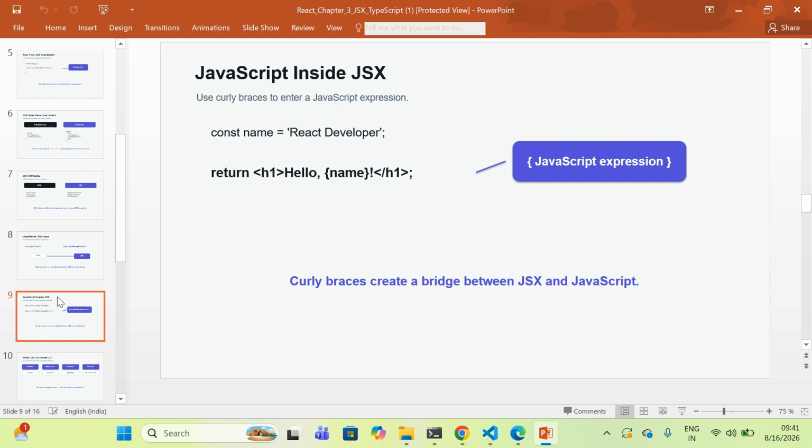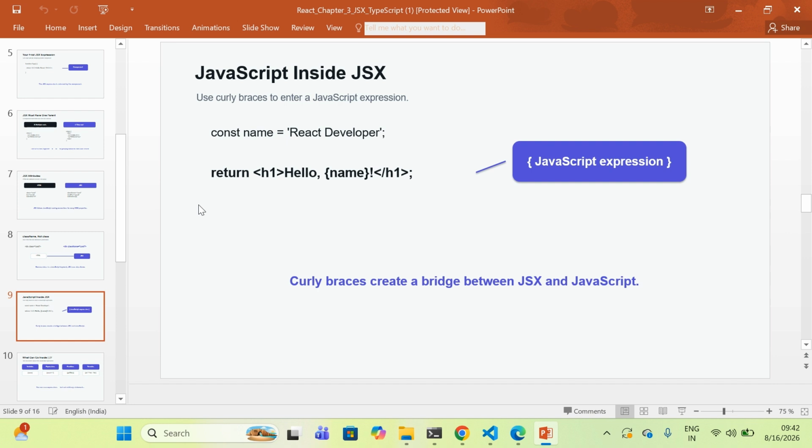Now we are getting to one of the most favorite parts of JSX, which is my favorite as well. We can actually bring JavaScript directly into our UI. And we do that using curly braces. Think of these curly braces as a small doorway. We write JSX, then we put curly braces, and inside those braces we can write a JavaScript expression.